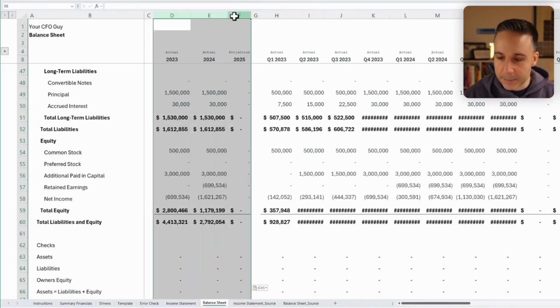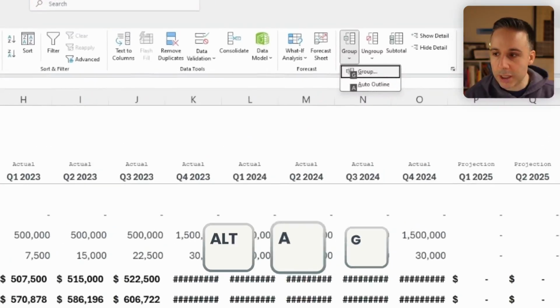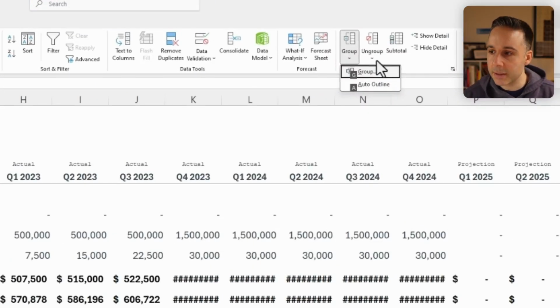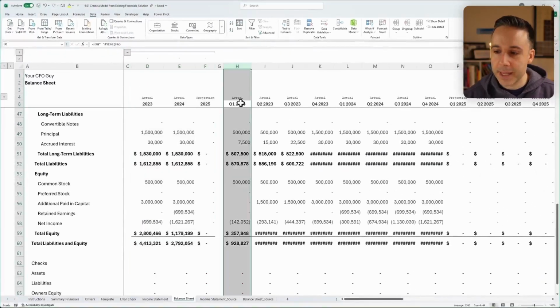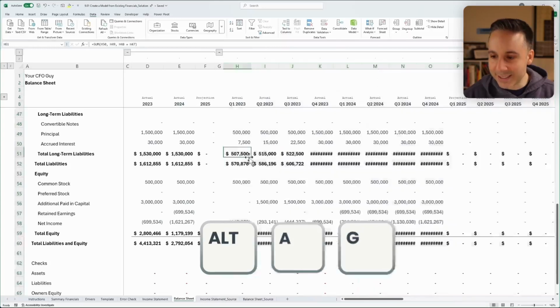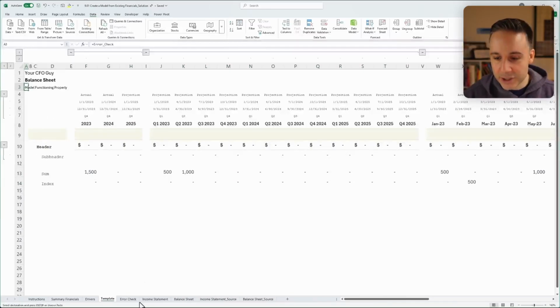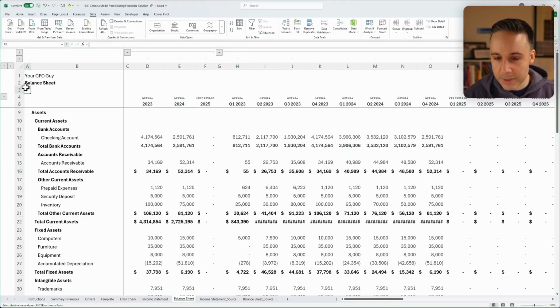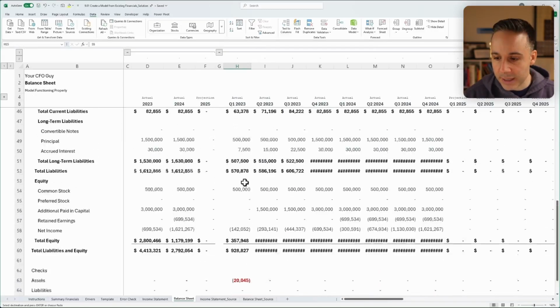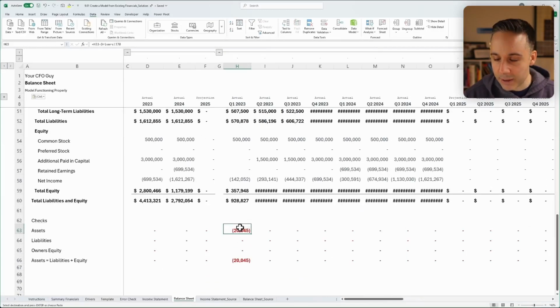Perfect. Now, lastly, I am just going to hit Alt A G in order to group. Let's hit enter. And I'll do the same thing over here. Excellent. And now it looks like my balance sheet is tied to my drivers. So once again, if I just hit 55 here, it looks like I don't have my error check set up. So I'm just going to hit that button over here. And I just hit 55 over here, and it looks like I do have an error,